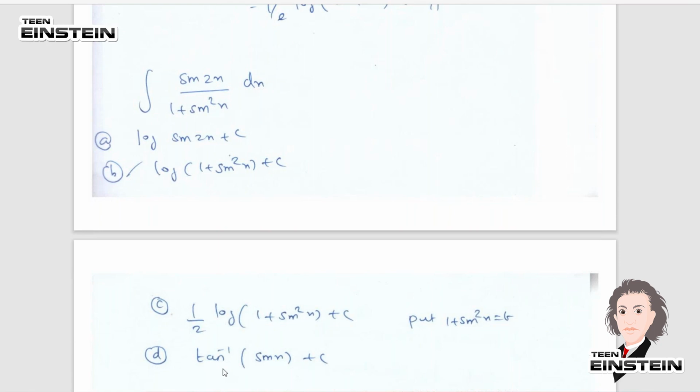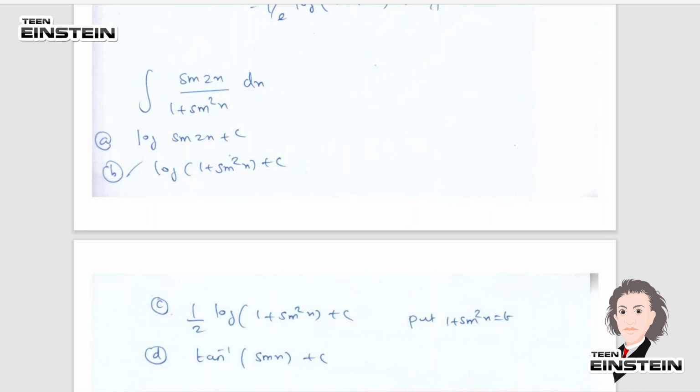What is the differentiation of sine square x? Here we have 1 plus sine square x in the denominator, and in the numerator, I'm having sine 2x. So what substitution will you use here? If we take 1 plus sine square x is equal to t, what will happen? Differentiation of sine square x, how will you differentiate this one? 1 is a constant, right? Addition 0, plus